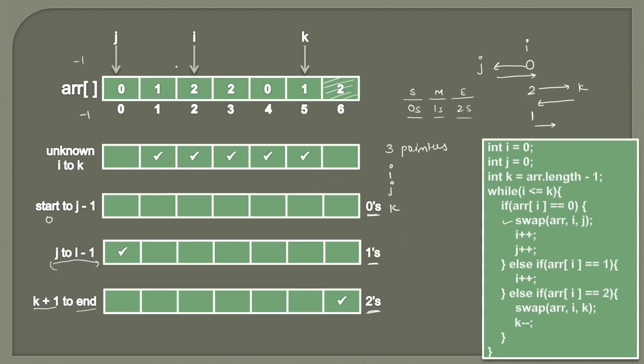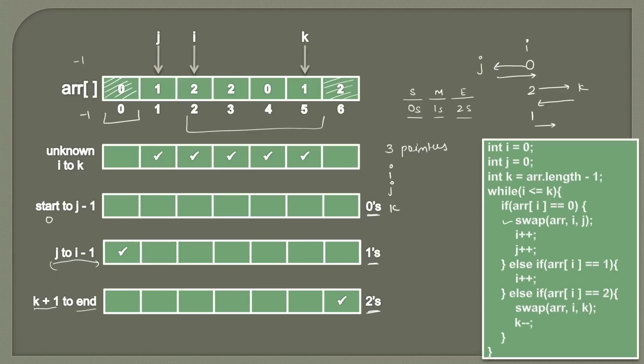So why are we doing j++? Because we have placed 0 at its correct position. Now another 0 should come here. So we are doing j++. So j comes here. And now if you again look into these ranges, from I to k, these are still unknown. And one number is known, which we placed here. And we took 1 and placed here. So from start to j-1,